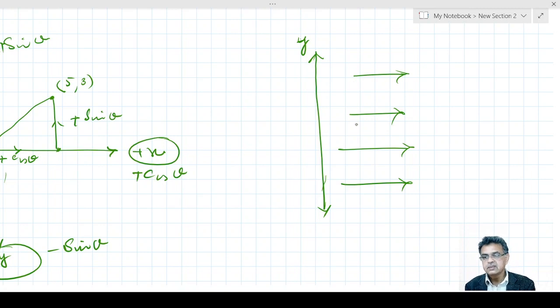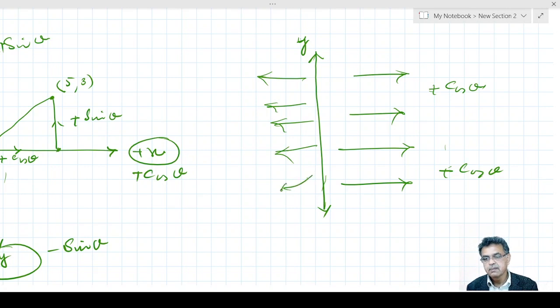All the points on the right hand side of y are positive, so cos theta is positive throughout towards right. On the right hand side of the y-axis, cos theta is positive, and on the left hand side, this way,